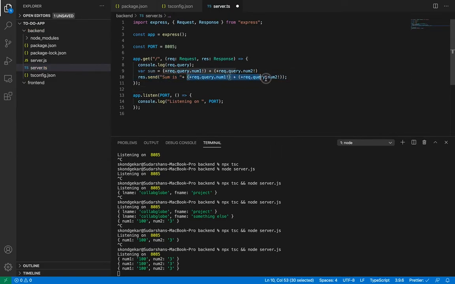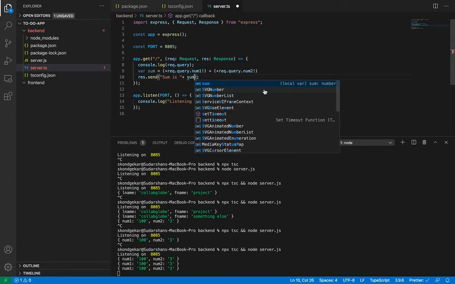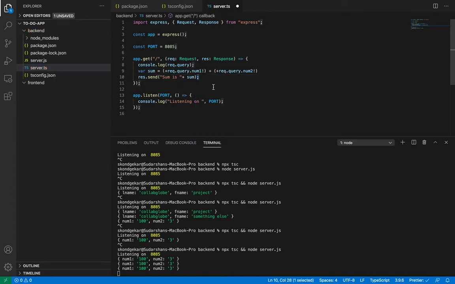And here I will output my sum. Let me check if it works.